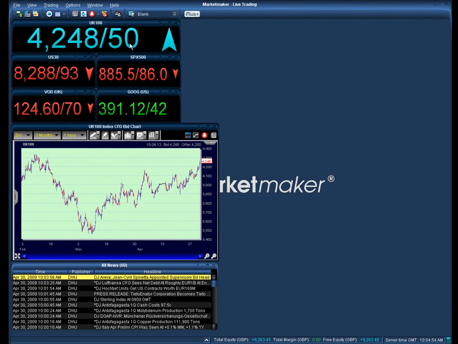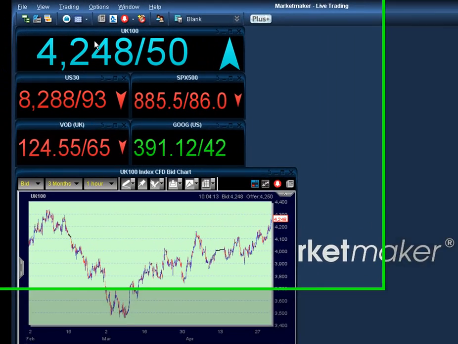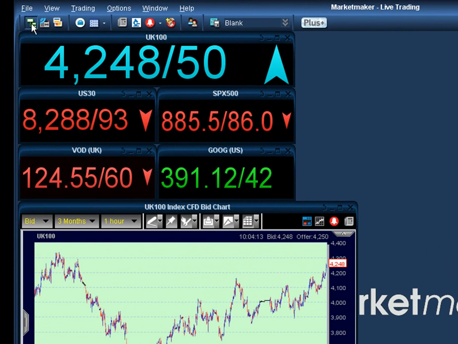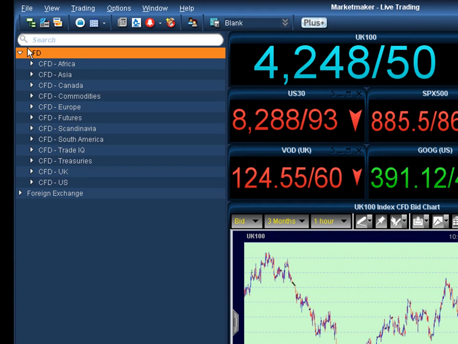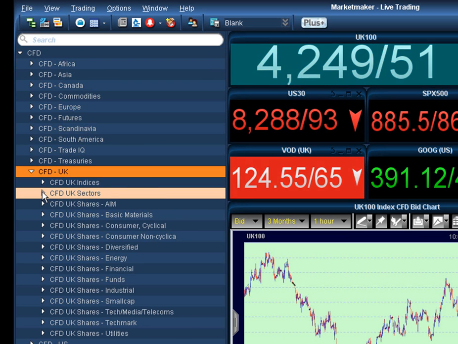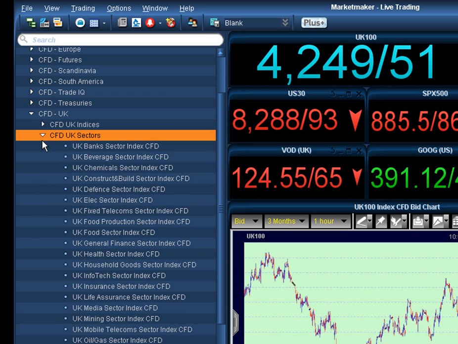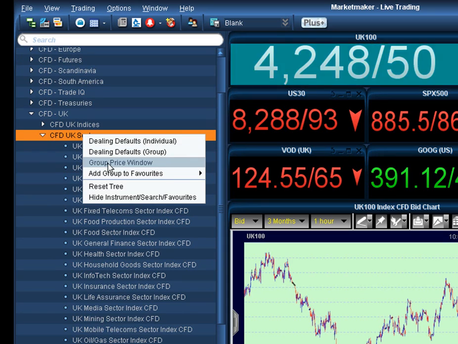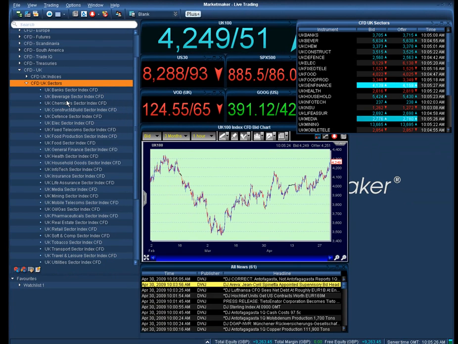Alright, the next thing we want to bring up is a group price window. So again, we will go back into our instruments tree, go into CFDs, and this time let's bring up the CFD UK sectors. Now we can simply click on the little arrow and it will bring up all the different sectors in there. We could bring up a single price window of each of these, or alternatively, if we right click on the heading, it enables us to bring up a group price window. So if I click on group price window, you'll see that it populates again into our workspace on the right hand side. So I'll close the instruments tree down,